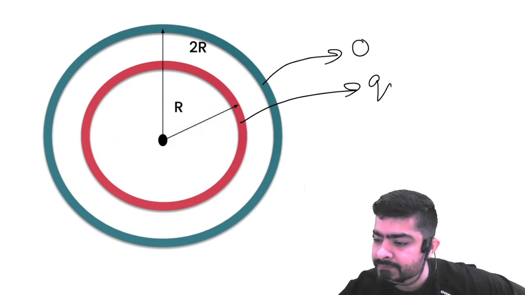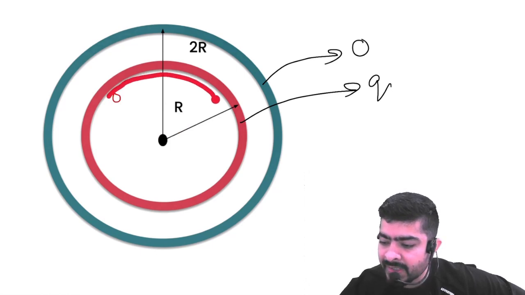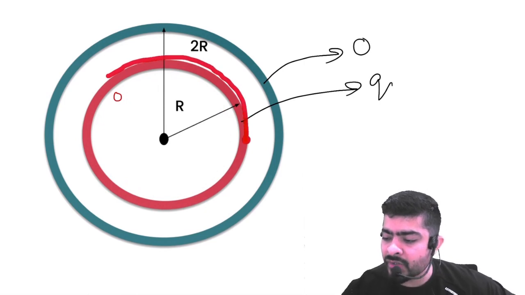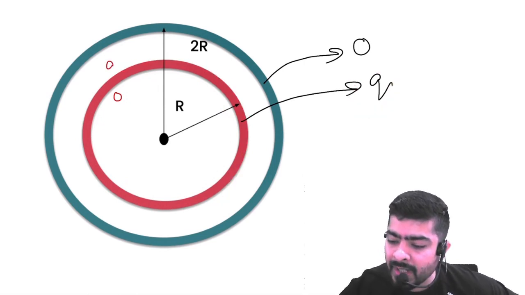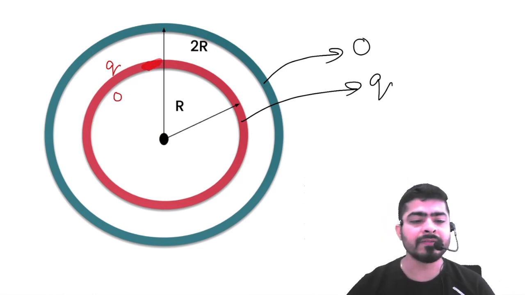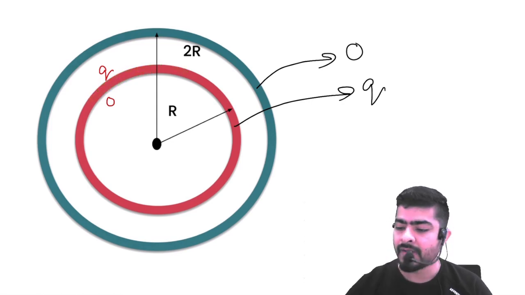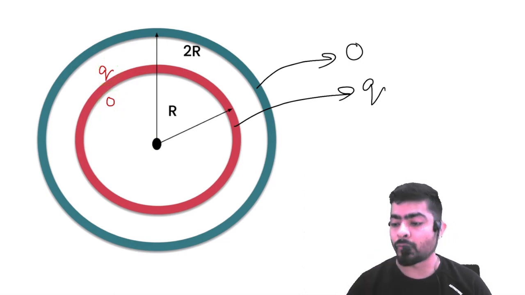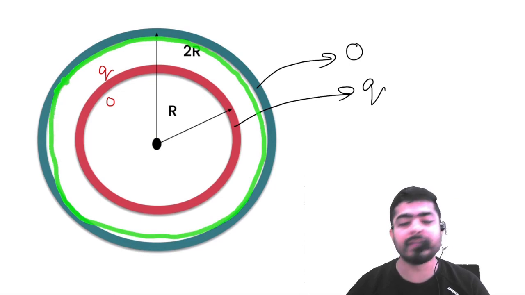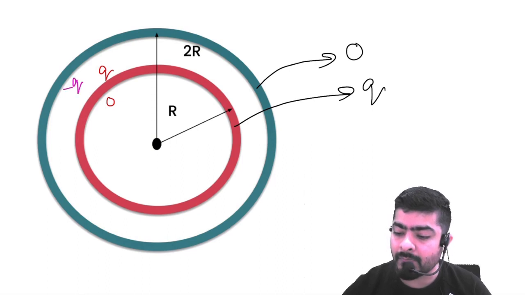That means charge on the inner surface will be 0. So charge on the outside should be equal to how much? Q. So here I will get Q charge. Okay. For this conductor, let me change the color. So for this conductor, this is your charge distribution. Now, what about this cavity? So inside this cavity, we have a charge Q. So the cavity will acquire minus Q charge.